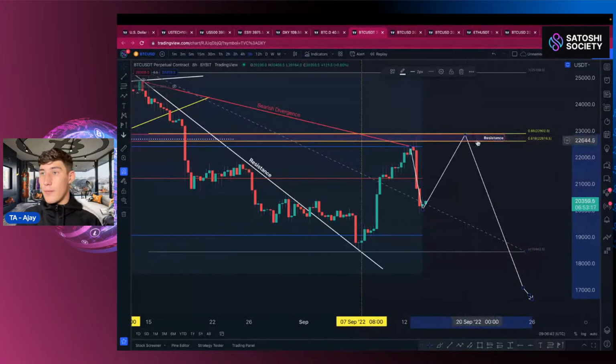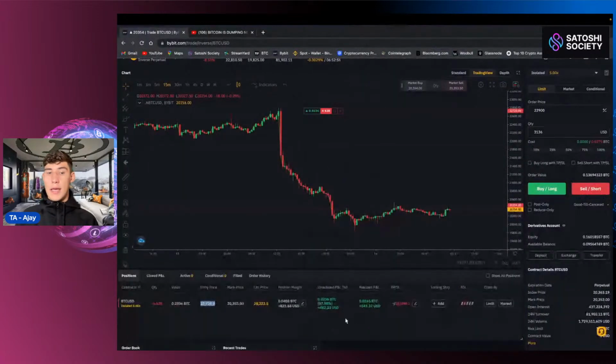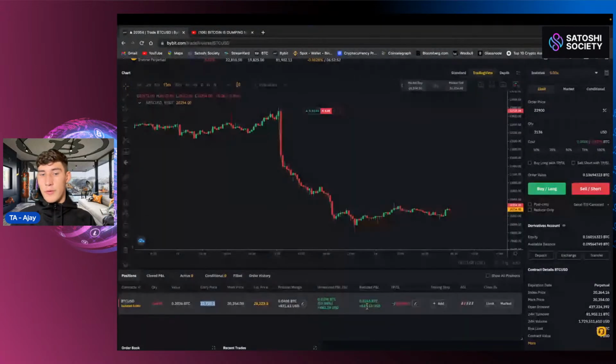I do have those, well, not as of yet, but after this video I am going to put in those short limit orders again at $22,600, $22,700, and $22,900. That's exactly what I did yesterday when we came up and tested this resistance level, this golden pocket level. And as you can see, it's played out perfectly for me. It was in around $1,000 profit yesterday, but as I said, I took some profit off of this trade, still holding some